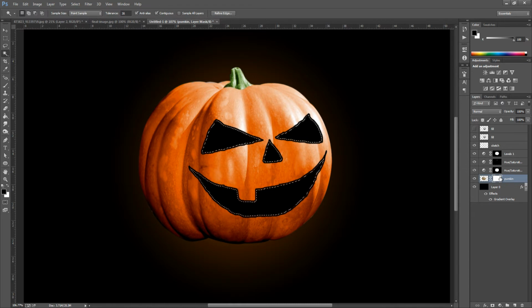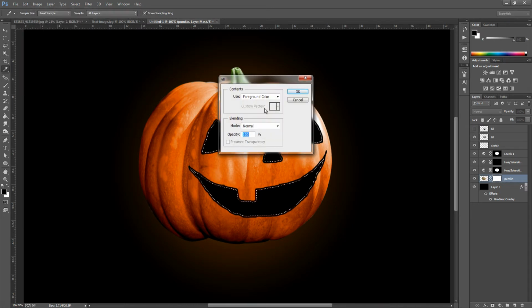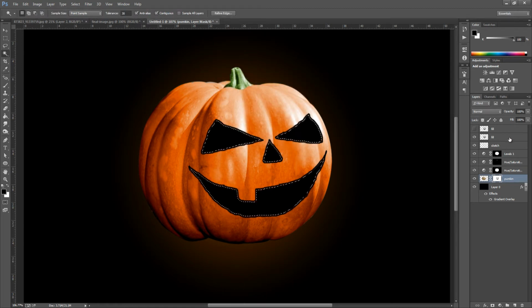Make sure that you are working on the pumpkin layer mask. And we're going to go and fill this with black, so foreground black. We'll go to edit, fill, go to foreground, click OK, and we're going to go and bring that fill layer just underneath the pumpkin layer, so drag and drop. So Control and D or Command and D to deselect,